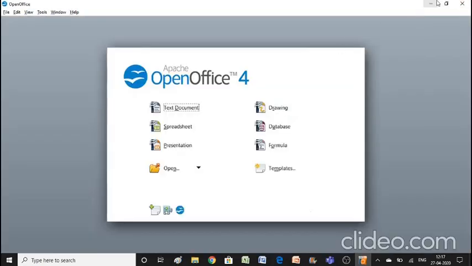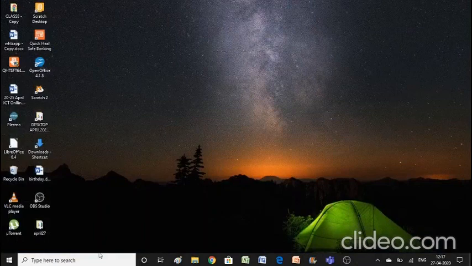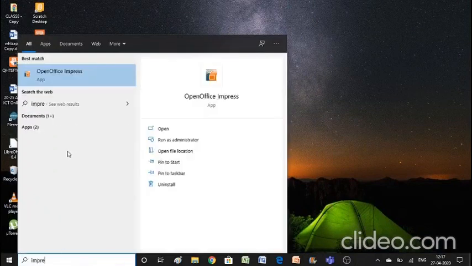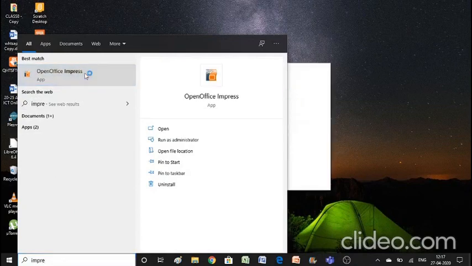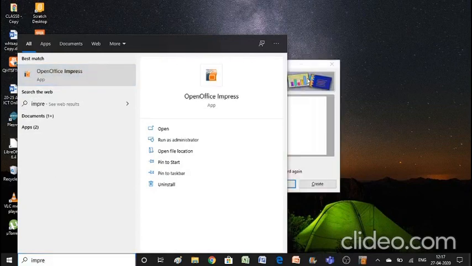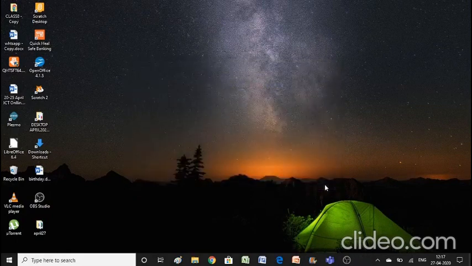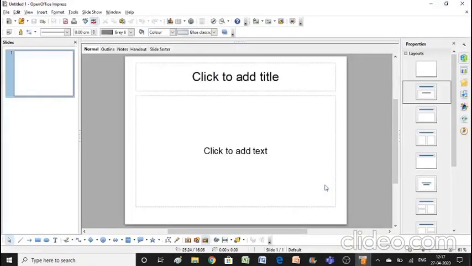Okay. So the other method is we'll go with the same route. I'll just write Impress. Click over here. The same page appears. Now instead of going to next, we will simply create our slide and then we will include the theme inside it. So we have created, just click on the button create.